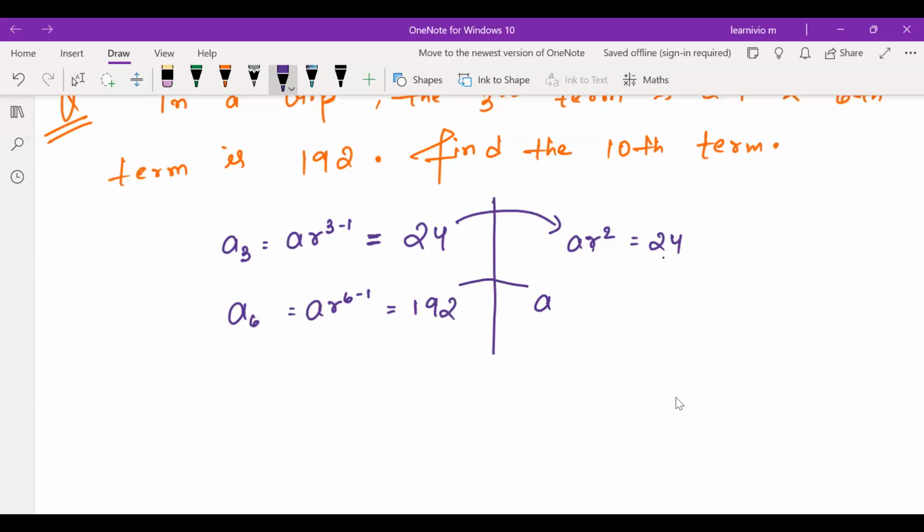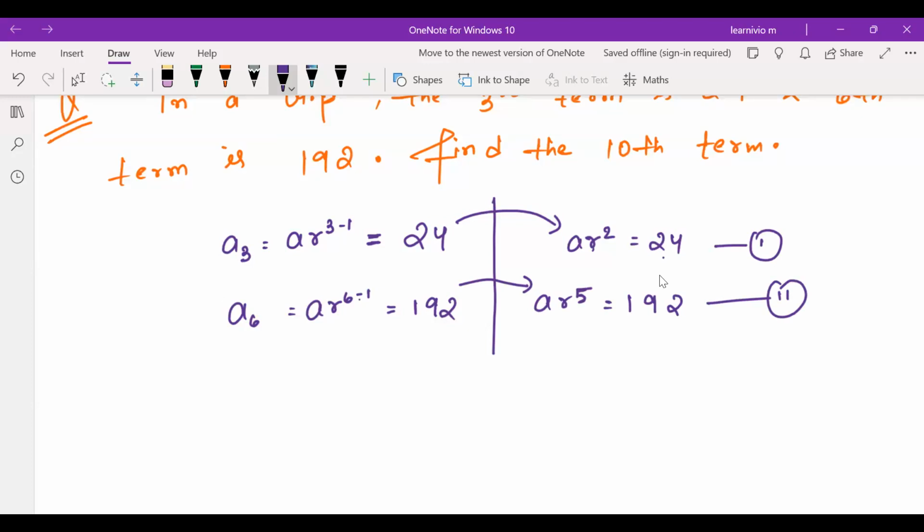So from here we can write that ar square is 24. And ar to the power 6 minus 1, meaning ar to the power 5, is 192. Now in arithmetic progression, we used to think about how we can solve the equations. Here also we will be thinking the same, but that time we were using the concept of solving the equation by the method of elimination or by the method of substitution. But here in geometric progression,